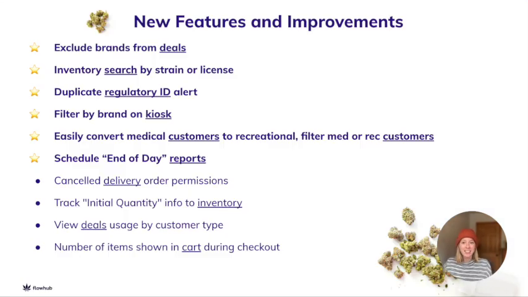Let's hop right in. A bunch of new features and improvements for you from last month. Those involve being able to exclude an entire brand from a specific deal, being able to search and filter inventory by strain species, license, getting an alert if a regulatory ID is already in use on an inventory item to help you prevent duplicate inventory being added to your system, being able to filter by brand on Kiosk, and the